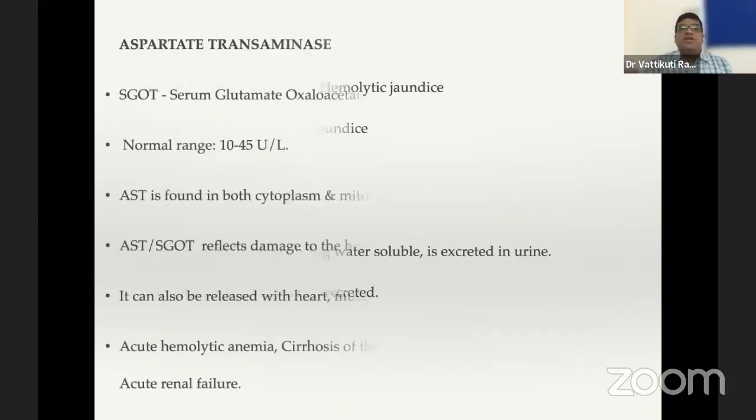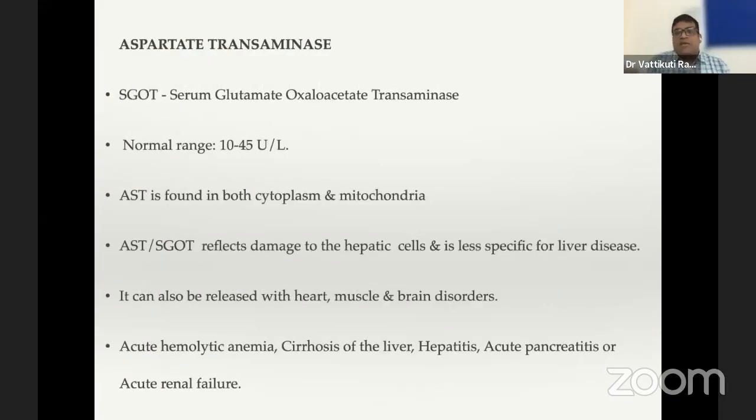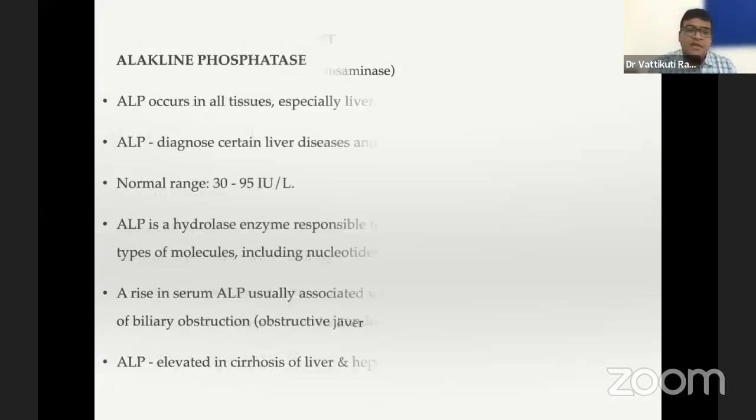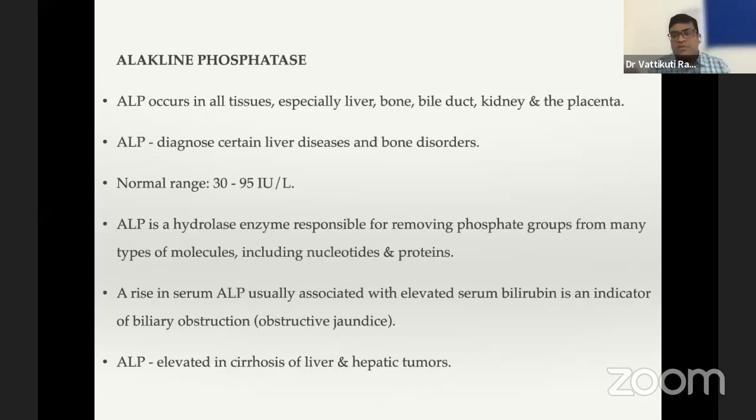The other enzymes you are looking at as part and parcel of the LFT are AST and ALT. AST is also called SGOT, that is serum glutamate oxaloacetate transaminase. The normal range is around 10 to 45, and AST is predominantly found in cytoplasm and mitochondria. ALT is more specific for liver damage compared to AST, and ALT is also called serum glutamate pyruvate transaminase. There are multiple conditions which can cause elevation of AST and ALT, like alcoholic hepatitis and drugs. And alkaline phosphatase is again one of the enzymes which you look at